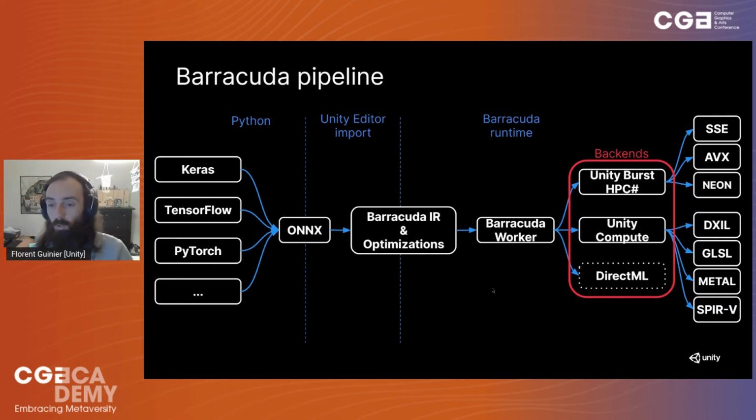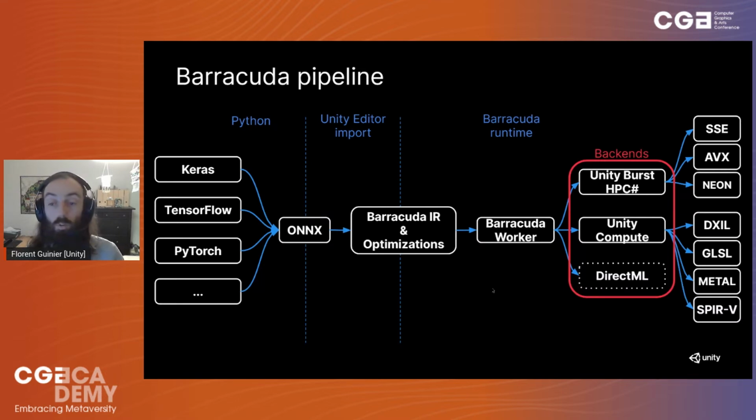So on the top, we can see Unity Burst, HPC#. What does it mean? Burst is a compiler, and it compiles a subset of C# to super highly optimized native code. That's great, because you go from easy-ish C# all the way to SSE, AVX, Neon, SIMD-optimized native code. And on top of that, there's the ability to jobify it. So basically from C# you get highly optimized CPU code. That's your CPU backend.